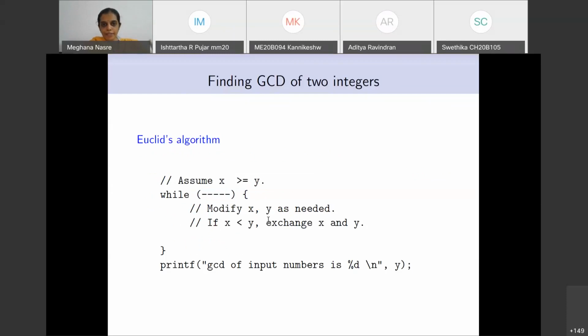And if x happens to be less than y, then exchange x and y. So this is something that will be most likely executed. And at the end of it, whatever is the value of y, that will happen to be the GCD of the two numbers. So this is a very powerful and nice idea that Euclid gave us, due to which this is called Euclid's algorithm for computing GCD, and we are simply writing the program for the same.